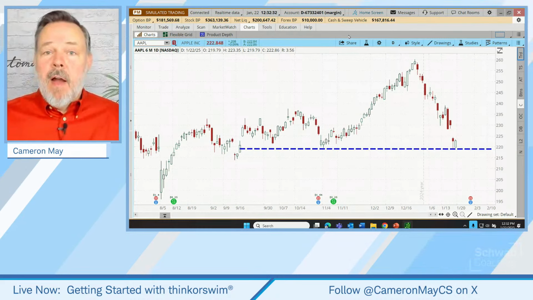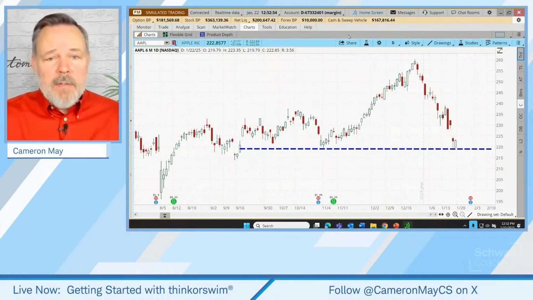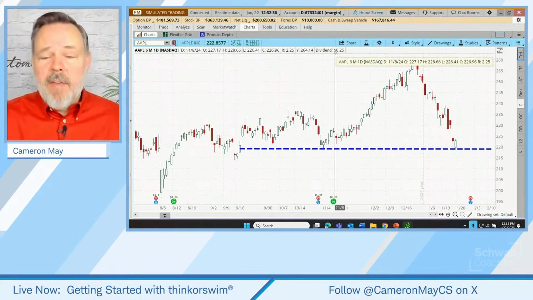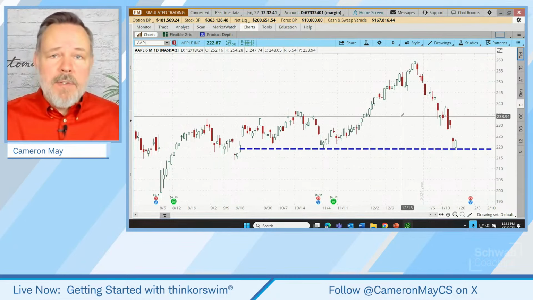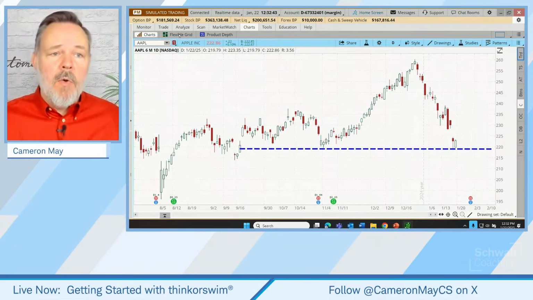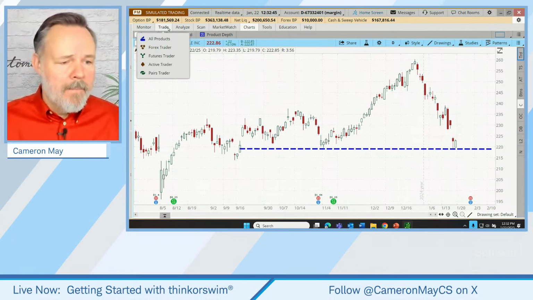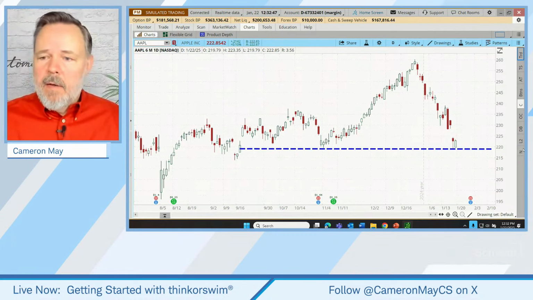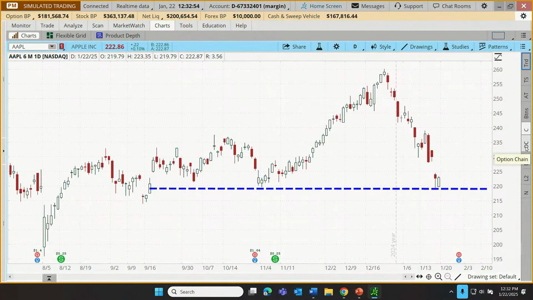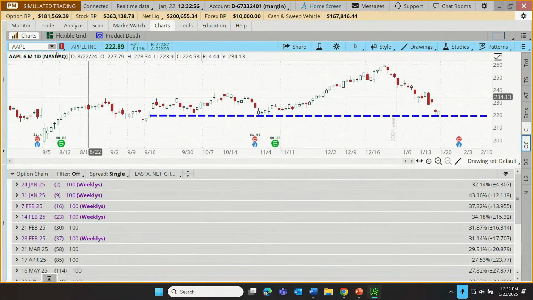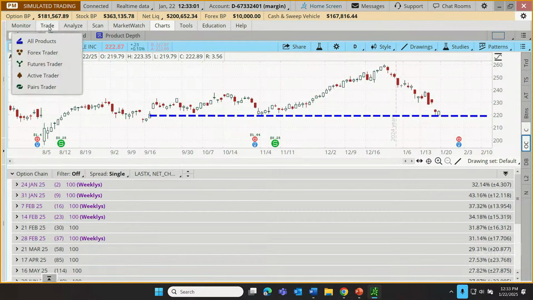Now, what about for our options traders? The stock traders, we just used the stock tool that was handy for being fast. Well, what about those that are trading options and maybe want to connect the logic of their options trade to what they're seeing on the chart without having to go over to the trade tab again? Well, for that, we're going to use the OC function over here on the right. It's known as the option chain. For those of you who trade options, you'll notice this looks just like the option chain on our trade tab, and it's connected to our charted symbol.